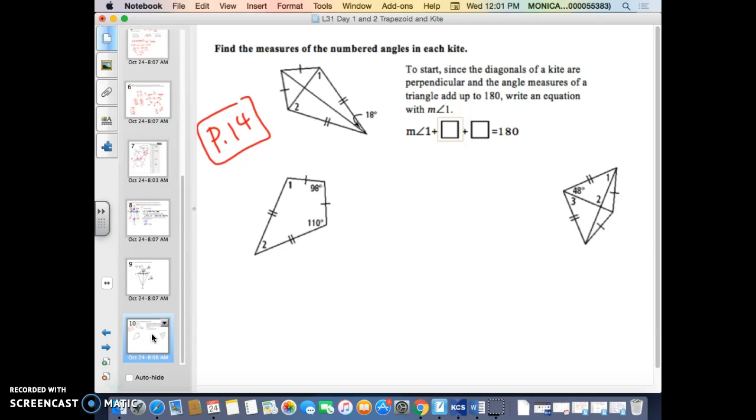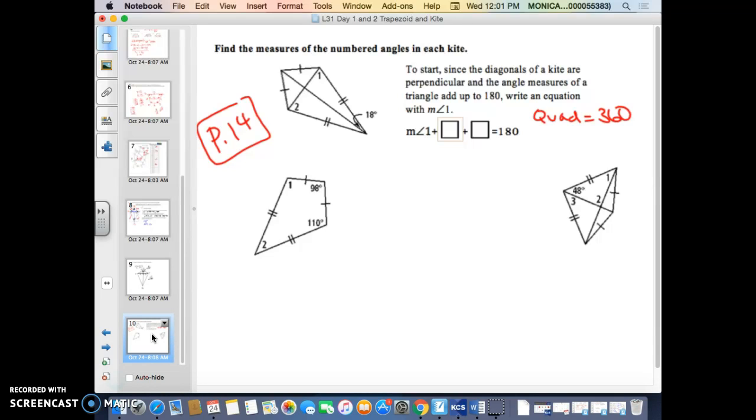All right, so to start, it says the diagonals of a kite are perpendicular. The angle measures of a triangle add up to 180. Write an equation with n equals 1. Well, you can also say that the angle measures in a triangle add up to 180, and in a quadrilateral they equal 360. Just saying. All right, so the measure of angle 1 plus